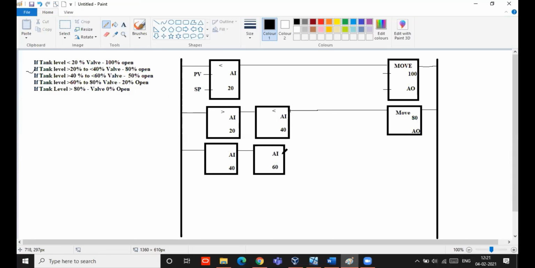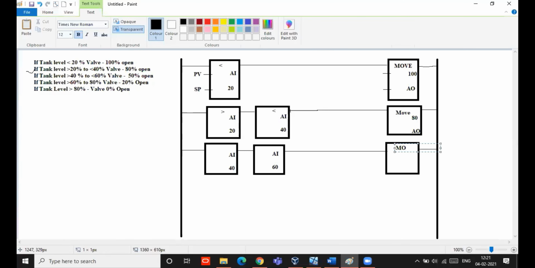So after comparing, it has to move a particular value. So what is the value? 50% open, right? So you have to move 50% to the output, analog output.